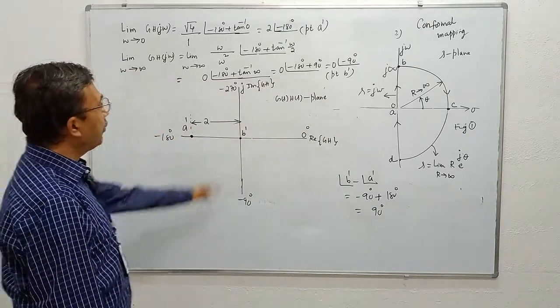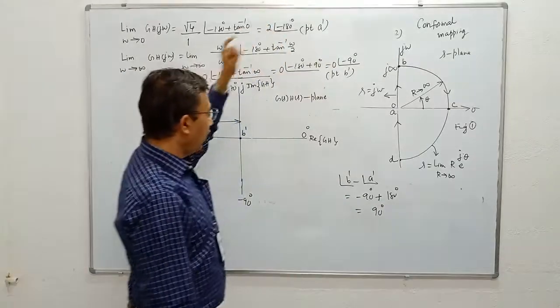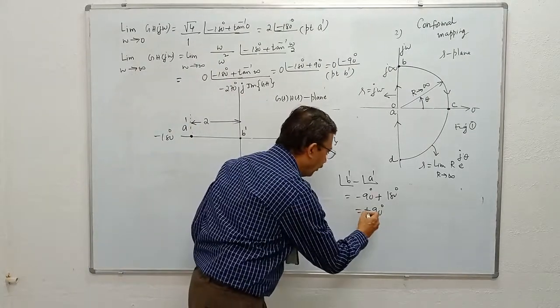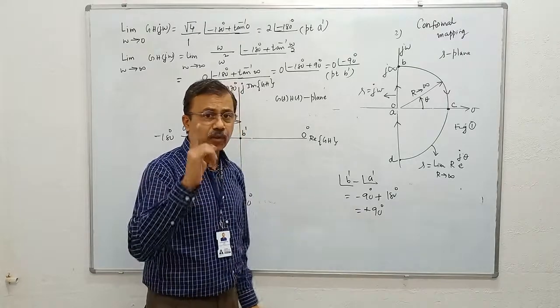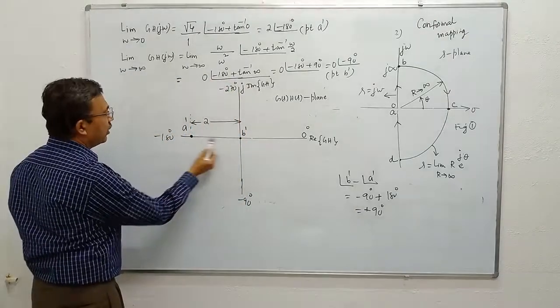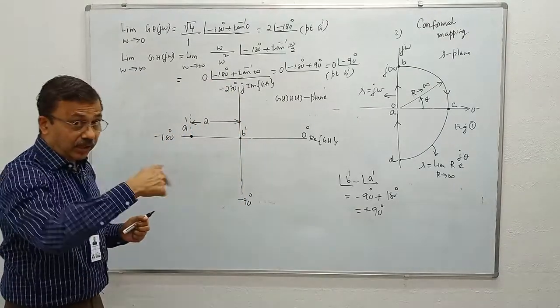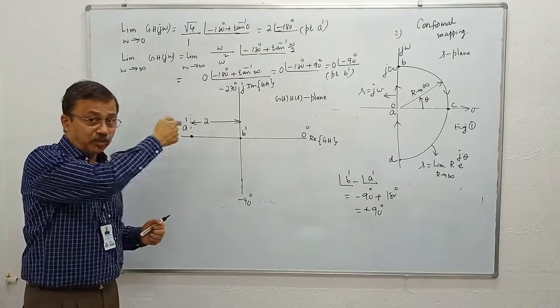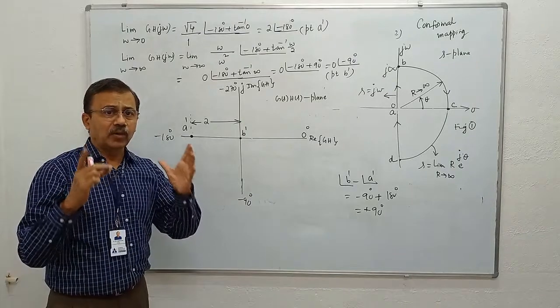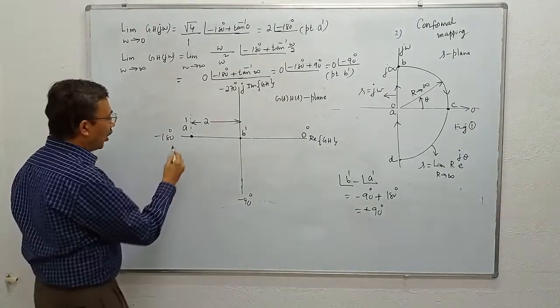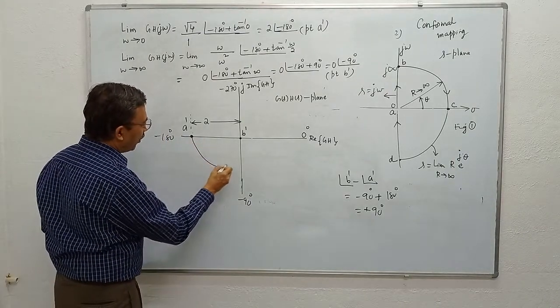Angle at B dash minus angle at A dash is 90 degrees. Plus sign means travel anti-clockwise. 90 degrees means one quadrant. Start at A dash, end at B dash. The curve connecting A dash and B dash must be traversed in the anti-clockwise direction and it must lie in only one quadrant. Draw a smooth curve connecting A dash and B dash.